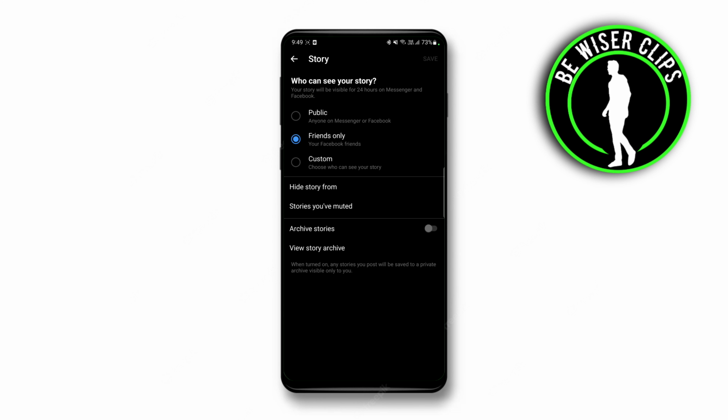And if you just go there, there might be people you could have muted. So just make absolutely sure that you have no one in here, because you wouldn't want to mute anyone's story. Maybe you want to do that, it is up to you, but since you are looking for someone's story and cannot seem to find it, make sure you haven't muted their story, because you won't be notified when